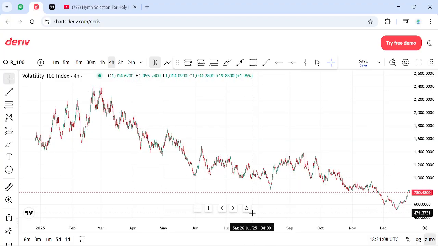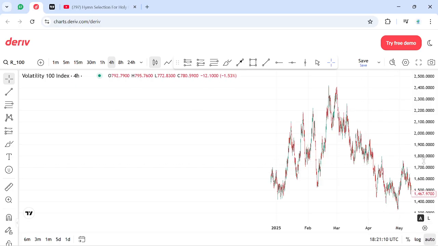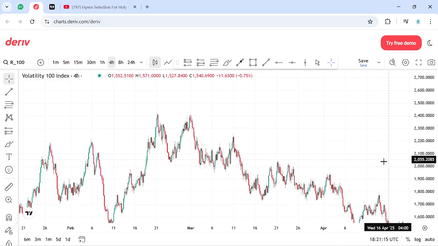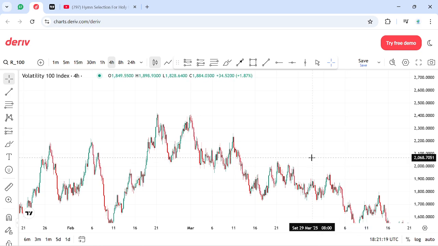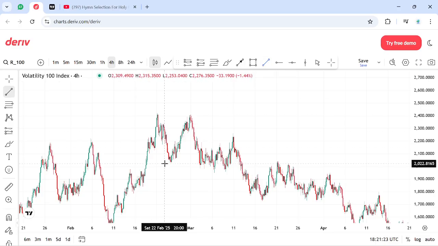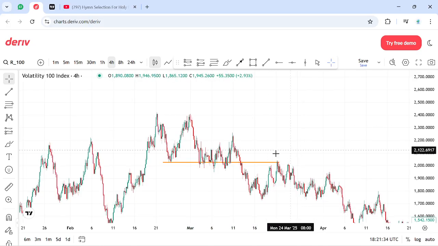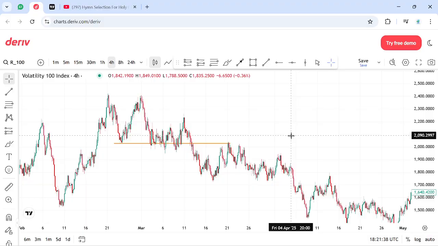So basically, we'll come to this point, and what you are looking for is something very straightforward. What are you looking out for? You are looking out to mark each 4 hours break of what some persons will call break of structure. You understand? So you are looking out to mark each 4 hours break of structure or break of market reaction,